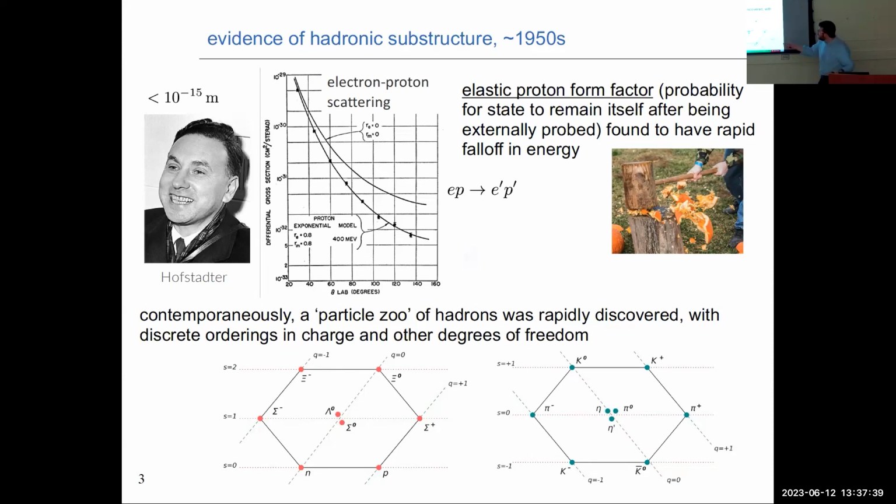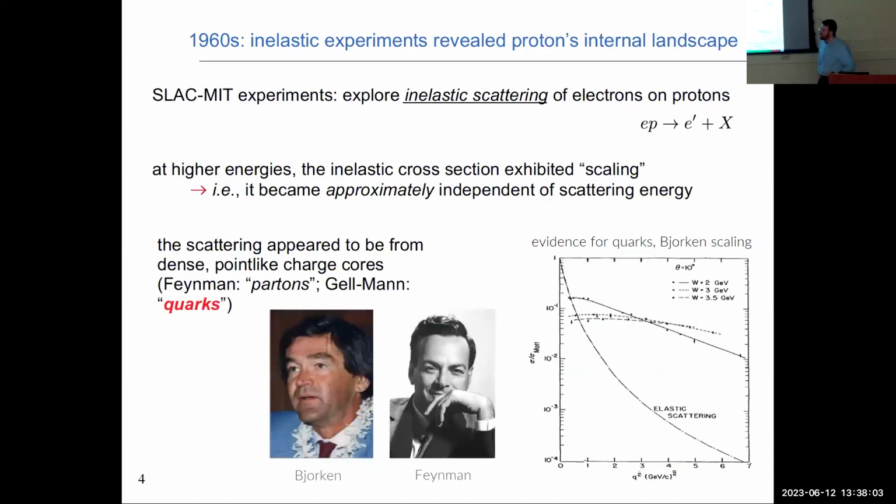Another thing, of course, is that our predecessors found a sort of particle zoo, if you'd like, of many different types of hadrons that could be organized according to some underlying symmetry, things like hypercharge or strangeness, or just electromagnetic charge for that matter, which hinted at the fact that there's something inside these bound states that could be rearranged to give rise to these various states. That goes way back. Following that, in the 1960s, still more pioneering experiments at SLAC revealed some of the details of that internal structure inside the proton.